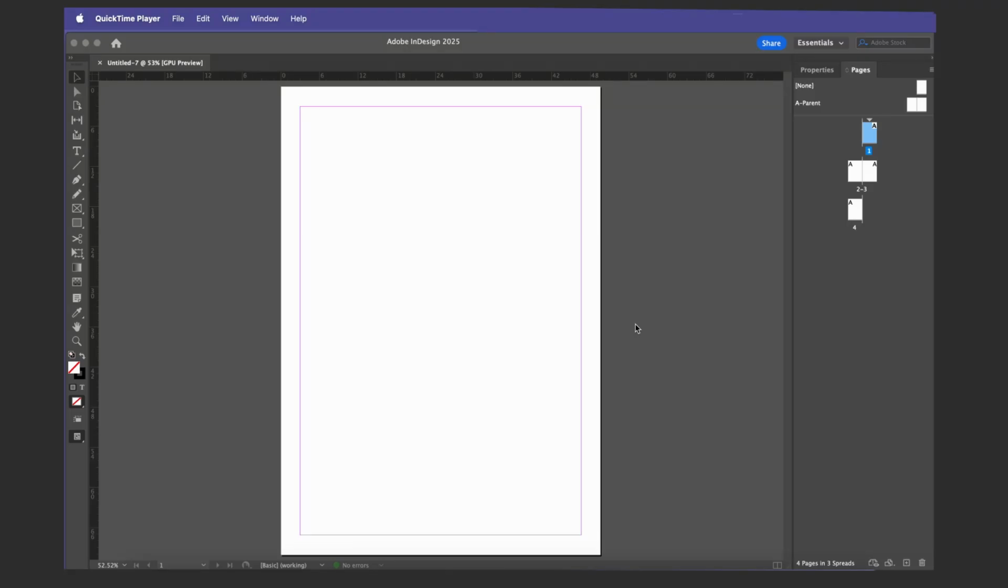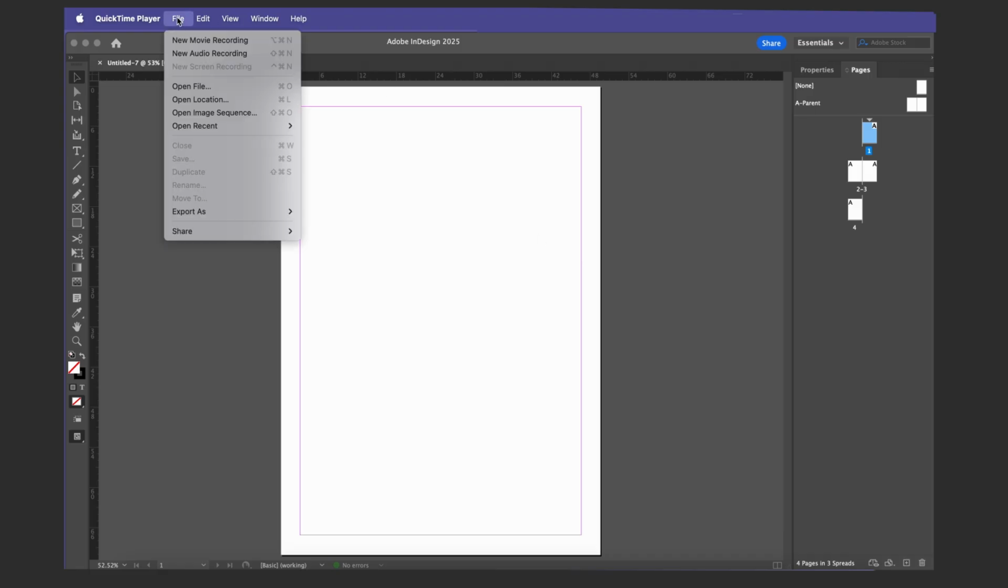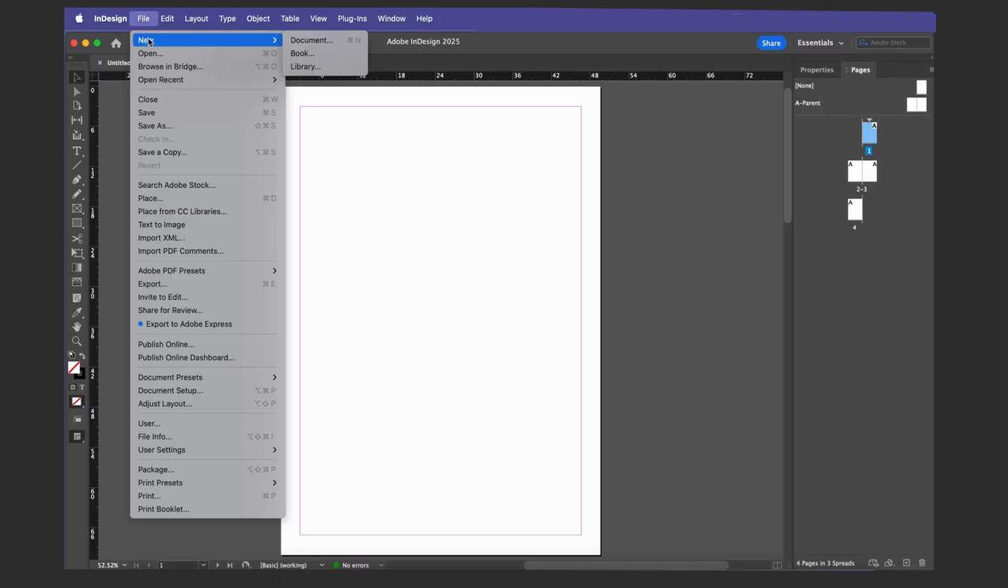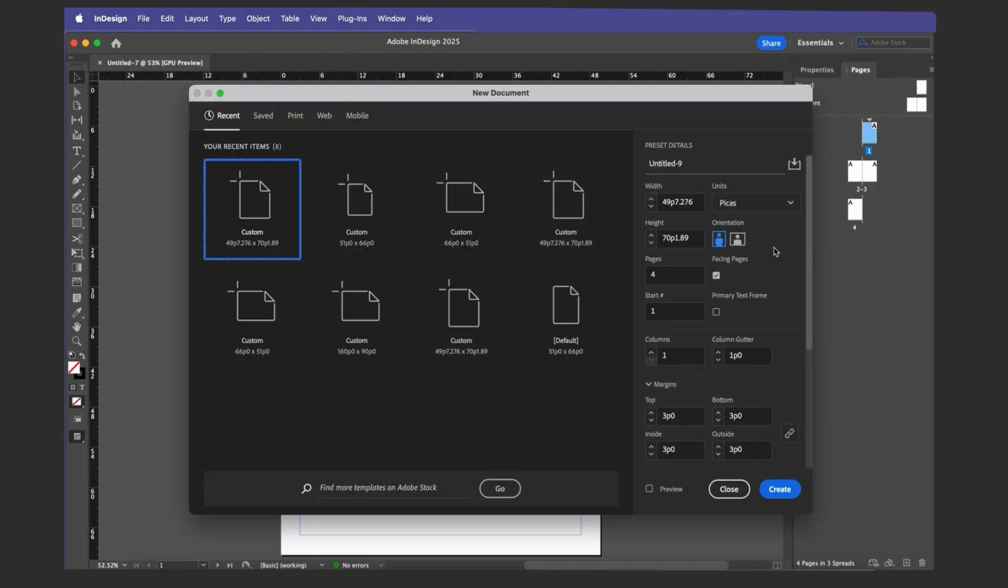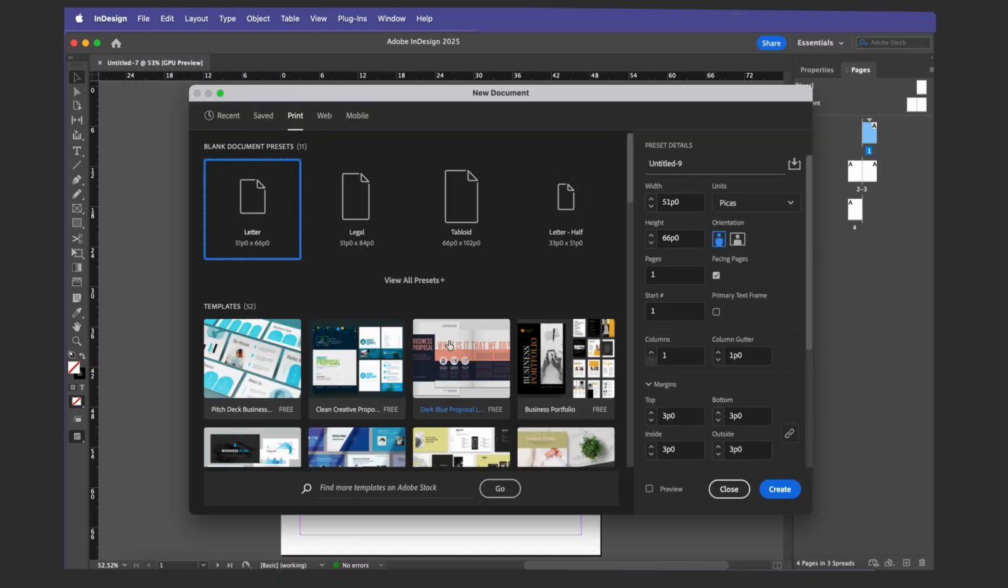This is a demonstration on setting up the layout grid and the baseline grid in InDesign. This demonstration assumes some basic knowledge of InDesign and some basic knowledge of type anatomy. Okay, so we are going to set up a new document, and we are going to look for the print